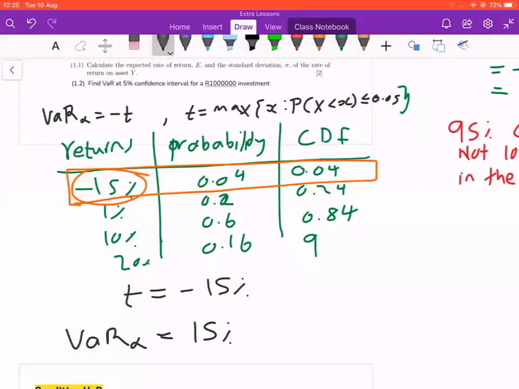Will we possibly get part marks for drawing the CDF? I am not sure if they will give you marks for drawing the CDF, but it is for your own sake. If you're not comfortable with finding VaR for the discrete case, then I advise that you always write your CDF because it will make finding your answer simpler.